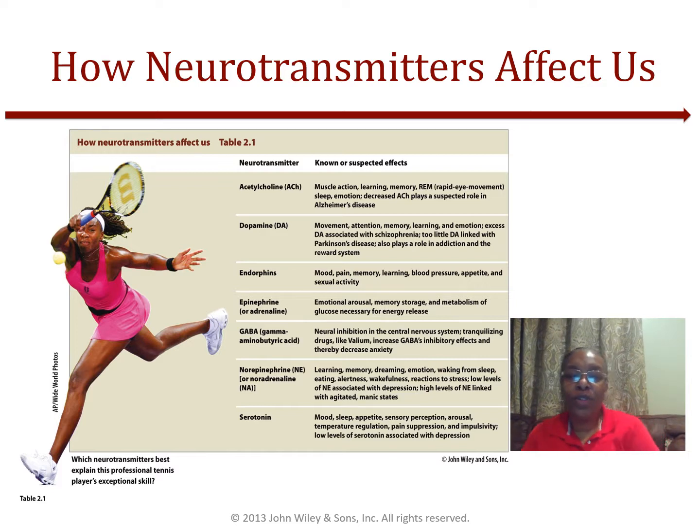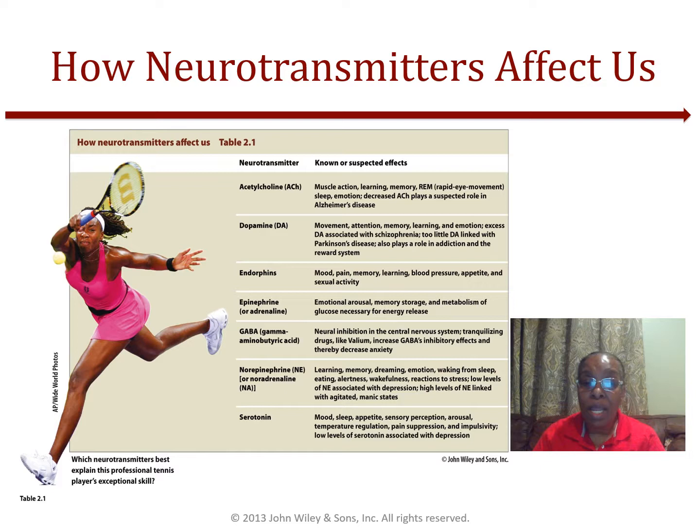The next neurotransmitter, gamma-aminobutyric acid, or just GABA. Here, this is helping with the neural inhibitions within the central nervous system. Think of it as that woo-sah calming effect because it's like tranquilizing drugs such as Valium, where an increase in GABA would inhibit the effects, thereby helping to decrease anxiety. Okay,